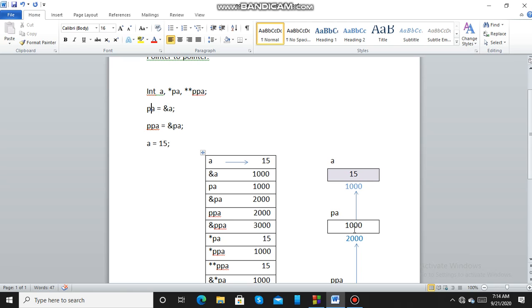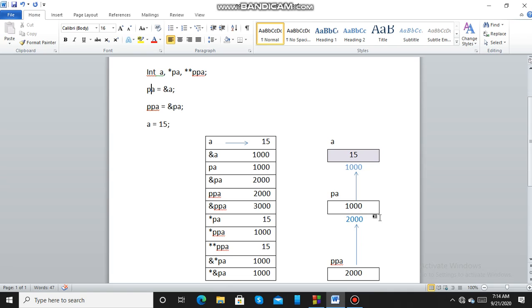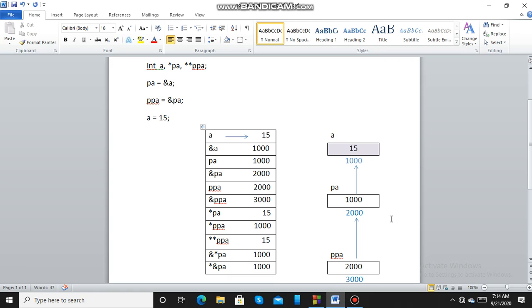So pa is 1000 now, and pa is stored in another memory location, that is 2000. Now address of pa I am assigning to ppa.